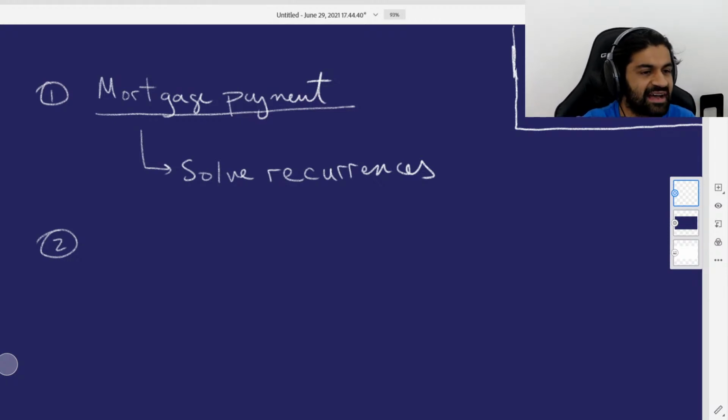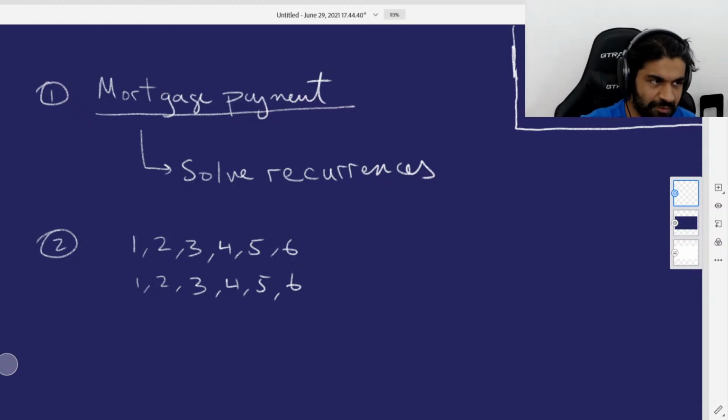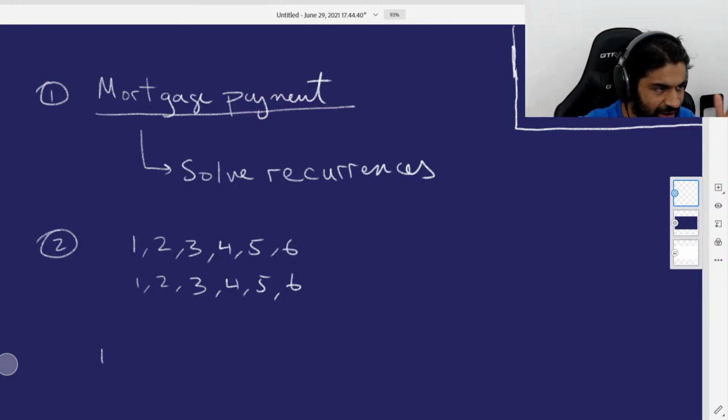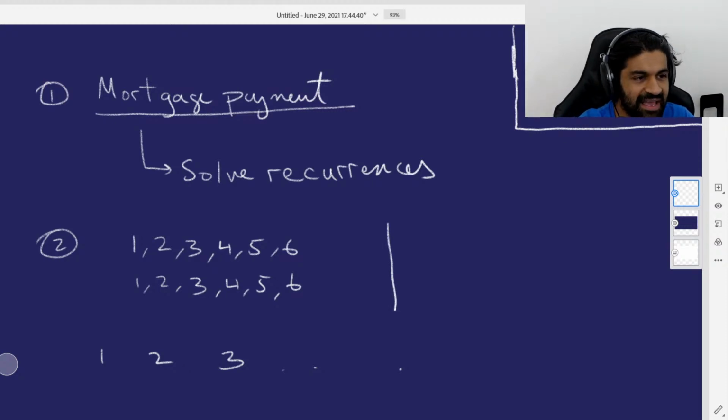For example, if you take 2 standard dice, the numbers on them are 1, 2, 3, 4, 5, 6, and the second one is also 1, 2, 3, 4, 5, 6. The number of ways to roll a 2 with 2 standard dice is 1. There's only one way to roll a 2. The number of ways to roll a 3 is 2, because you can do a 1 and a 2 and a 2 and a 1. The number of ways to roll a 4 is 3, because you can roll a 1 and a 3, a 2 and a 2, and a 3 and a 1, and so on and so forth. And so the question is, can you construct a different pair of dice, again 6 sides each,